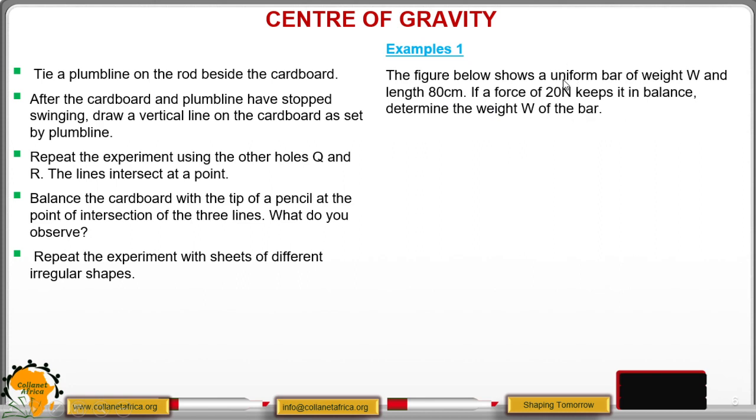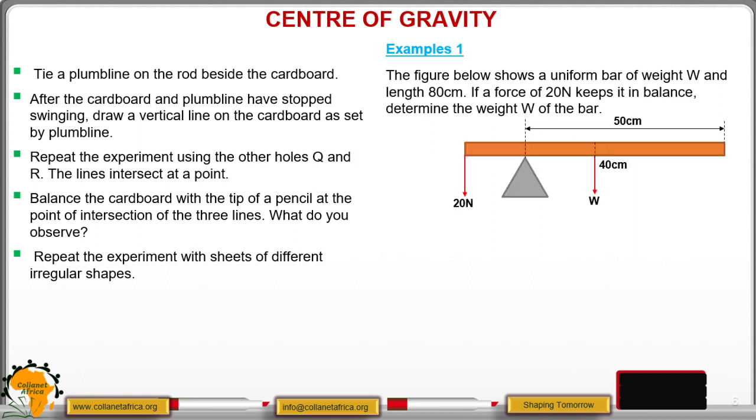So here we are told that the bar is uniform. As we have seen, for a uniform body, the COG is at the center of that body. So we have this bar, and it is pivoted at this particular point here. So let us go through the solution. We take the moment about the pivot here,